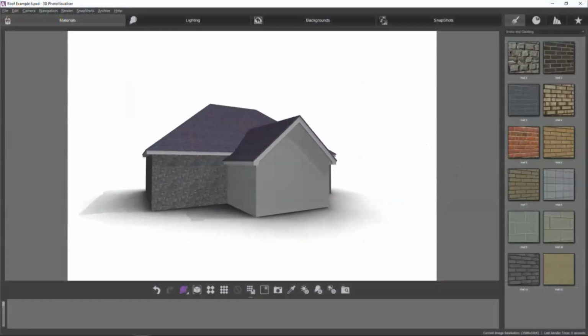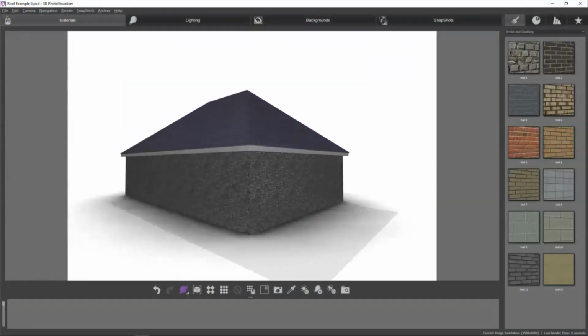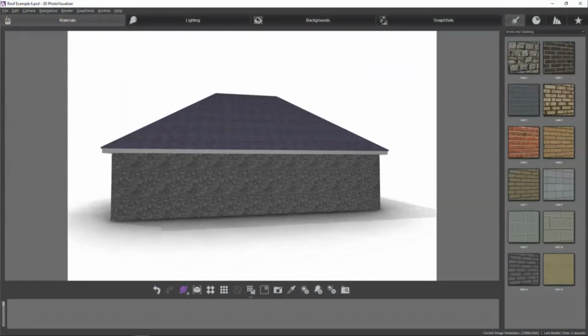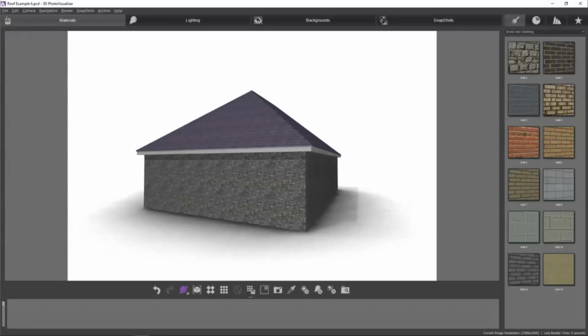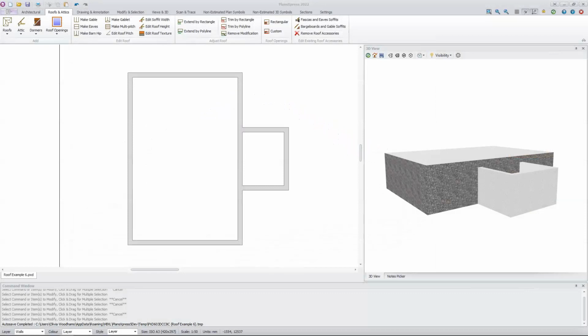In this next example, I'm going to draw a roof with two different wall plate heights. In this scenario, you need to draw the two sections of roof separately to ensure the roofs are drawn at the correct height. I've already drawn my walls at two different heights. We can see the wall height clearly on the 3D model. The stone walls are 2,550mm high, whereas the rendered walls have a height of